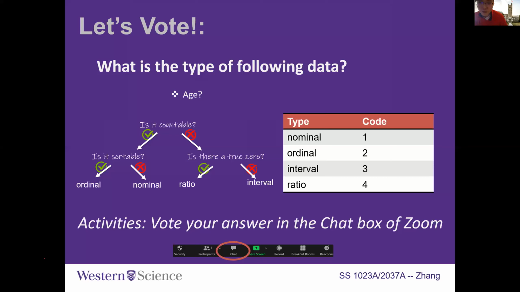Just a follow-up question. Just now, can we order by family? Yeah, that's actually a very good question. If you believe that that is not orderable, then that is definitely nominal data.